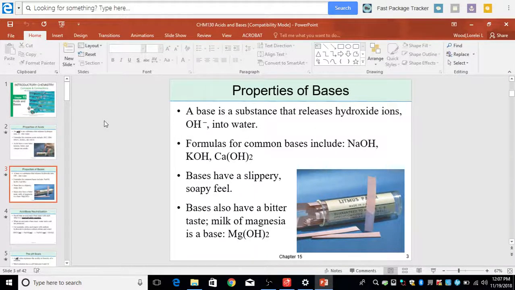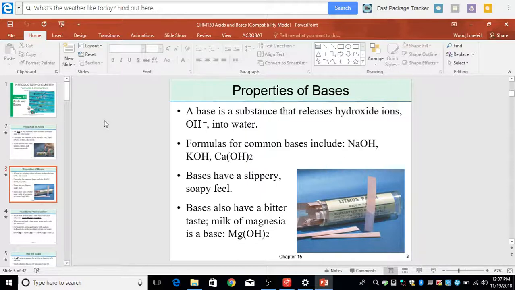Now, of those, we have, let's see, two of them that are singular hydroxide donors, and then we have one that can donate up to 2 hydroxides when it dissociates. Same thing with base. You put those in water. They break up like NaOH would break up into sodium ions and hydroxide ions, so they are donating hydroxide ions